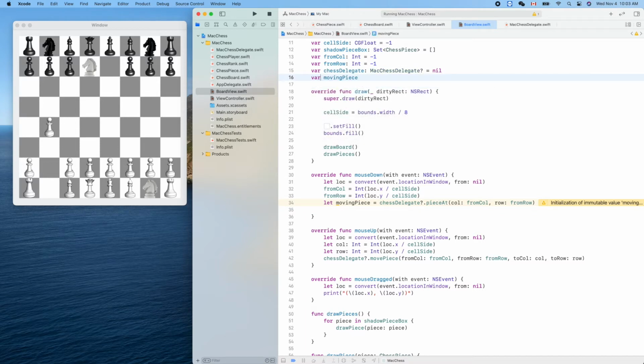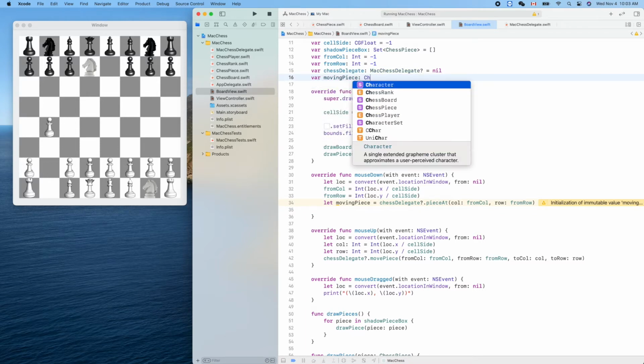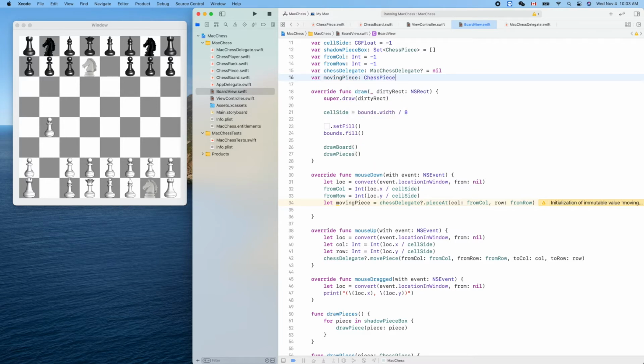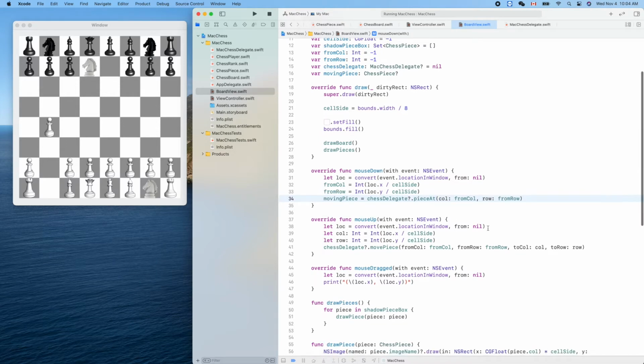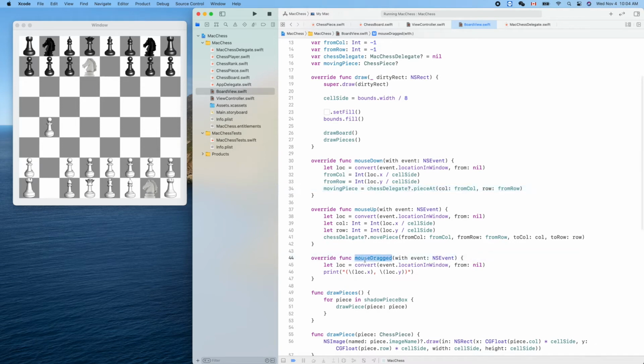Moving piece, its data type is of course ChessPiece, question mark, it can be nil. For example, if we drag on an empty space, we don't touch any piece, so it's nil in that case. So now when mouse is dragged,